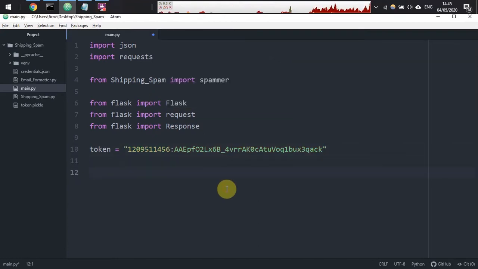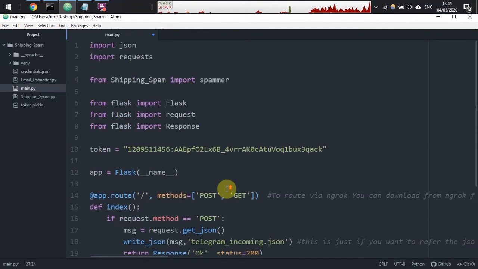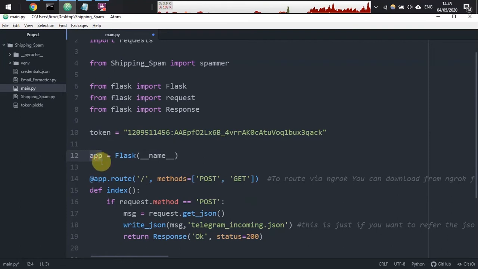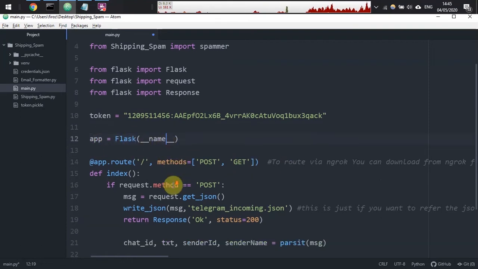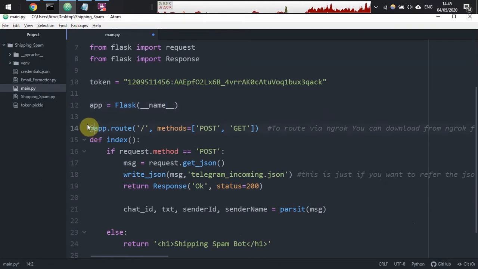I have something on the clipboard which I'll just paste in here. Now let me explain this. Firstly, we are initiating our app variable with the Flask class. So it's basically the app. And this here is a decorator object. I'm not exactly sure what this does. I got it from the Red Eye Coder Club on YouTube, so thanks to him for this. But what I understood is this bit over here, it takes in a URL, and these are the methods, HTTP